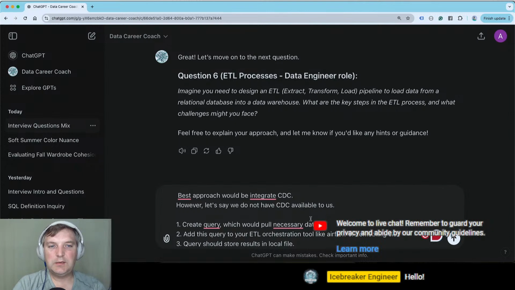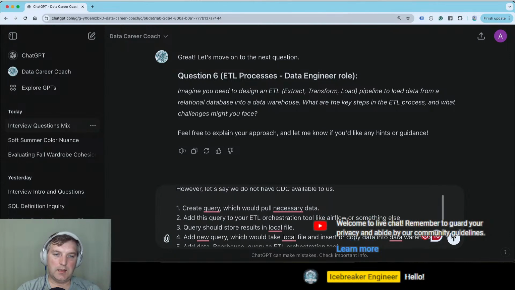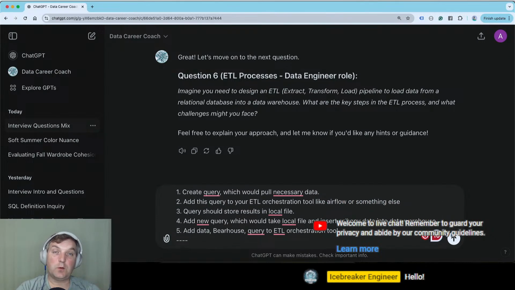So you're building the ETL process, and what do you need to do, right? If you don't use CDC, then things are pretty simple. You need to build a query which reads data and writes into the local file. Then you need to build a query which takes the data from the local file and inserts it into your data warehouse. You will do the transformation either on reading or on writing or somewhere in between. You could use pandas if you want, it's up to you. Now the next step is you need to put all of these steps into your orchestration tool like Airflow or something else.